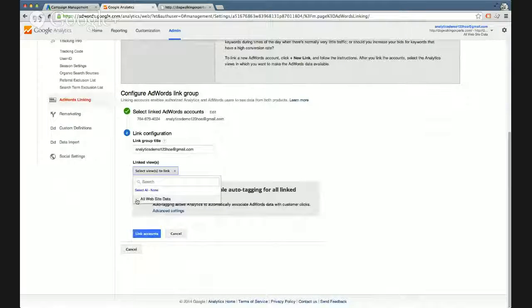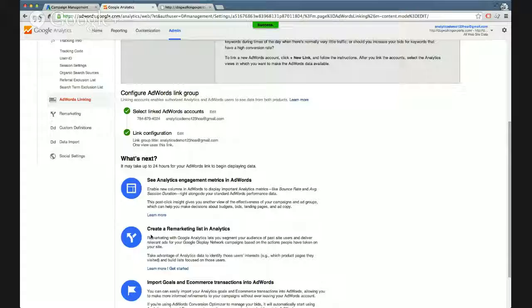So views are different profiles you can set up in Analytics. When you get started, you're only going to have one, and for most people, you only need one. If you want to give us a ring or chat through and find out more about different views and why you might need them, feel free to do so. But for this purpose, we'll just stick with this one view and just say link accounts. And that's it. They're actually linked. Now, 24 hours from now, any AdWords clicks I have will show up in my analytics report. Okay, fantastic. So that's going to give us all of the AdWords information within Analytics.